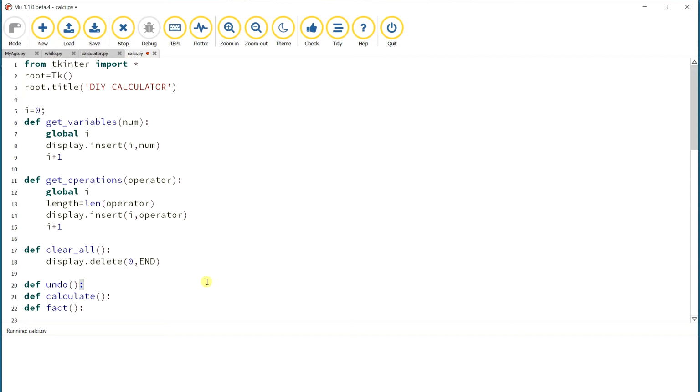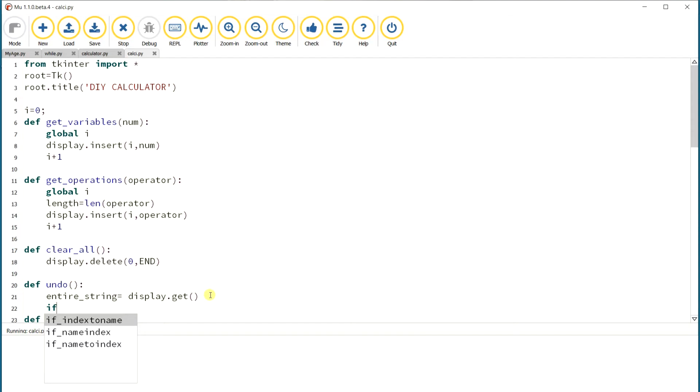Okay, this is simple, just like writing the definition. And then undo. So undo means we delete from the last. So what we are doing is we are taking the entire string. These are simple, I am doing this just for understanding: all the input will be stored in the entire string. So whatever is in the display line, we will get. So display.getOf and store it in the variable entire string. And then we have to reduce the value of the I because the number of inputs is stored in the I.